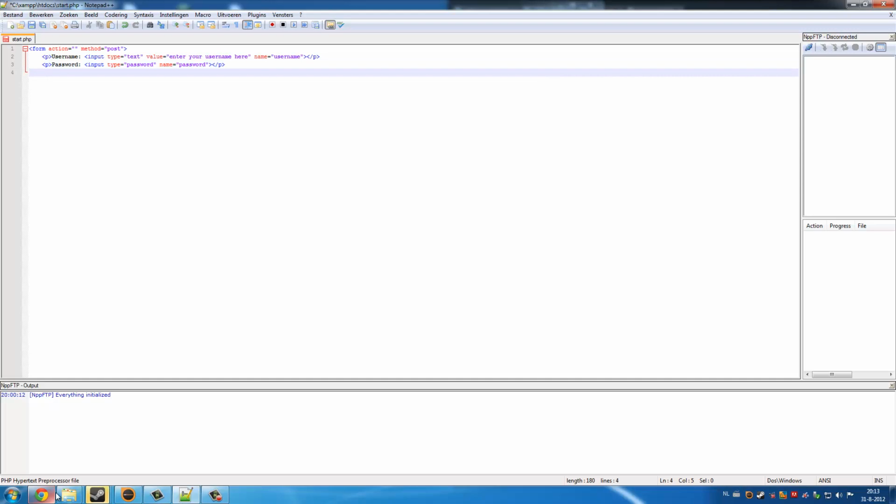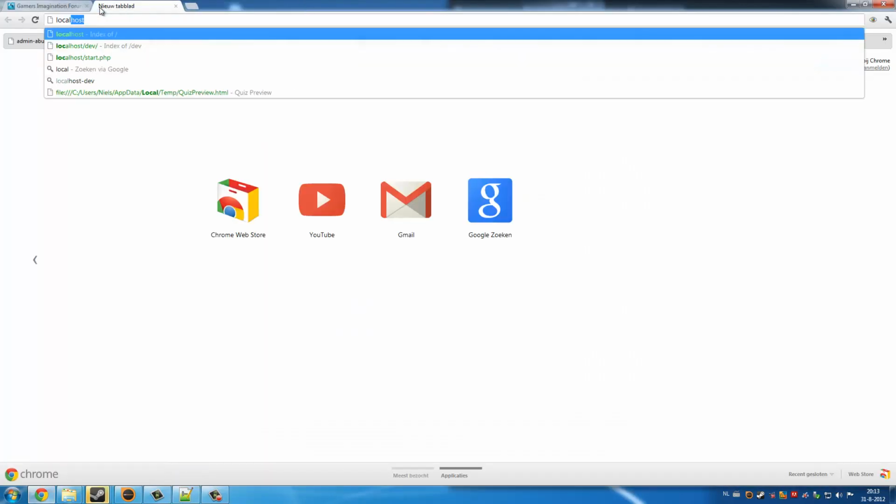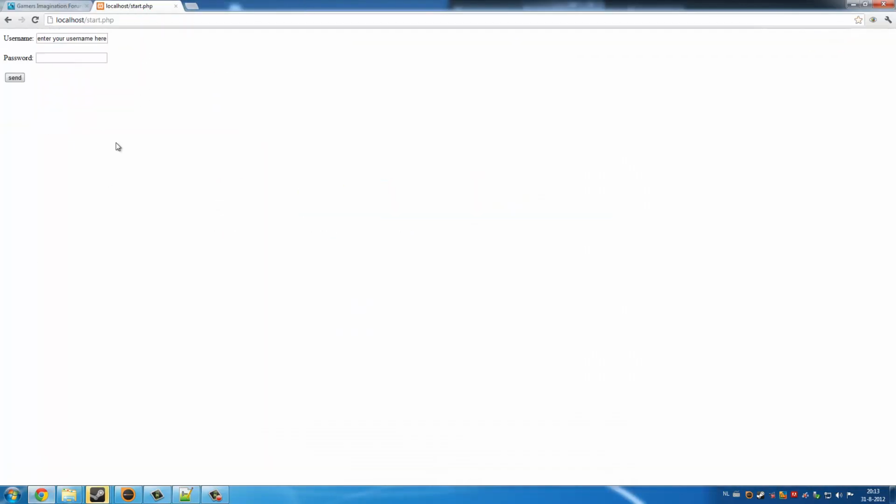Now we got two types of form inputs. I'm going to add a submit button under this. You do this by type is submit, and then we're going to give it a little value like send, and then we end the form. Now if I go to, for example, localhost and I click on start,